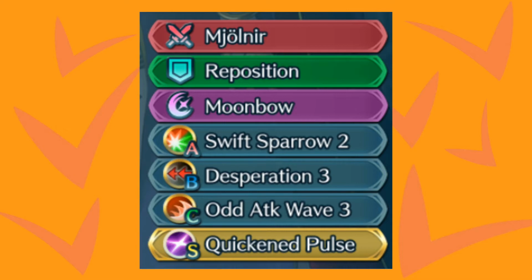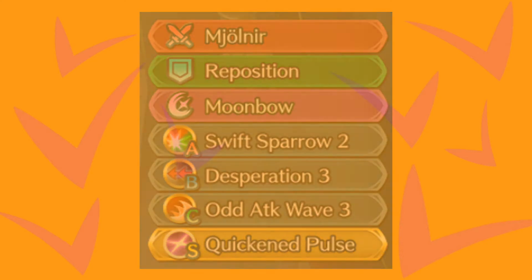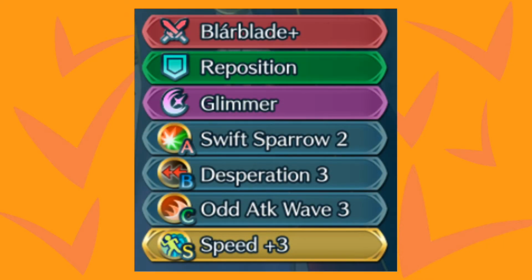Odd Attack Wave, so you can support your team while also buffing yourself. And as for the Special Seal, you can use Quicken Pulse so that you can get your special instantly. Or you can use Heavy Blade, which is similar to Quicken Pulse. And if you really want to run a Blade Tome on her, I recommend the Special Glimmer because of the